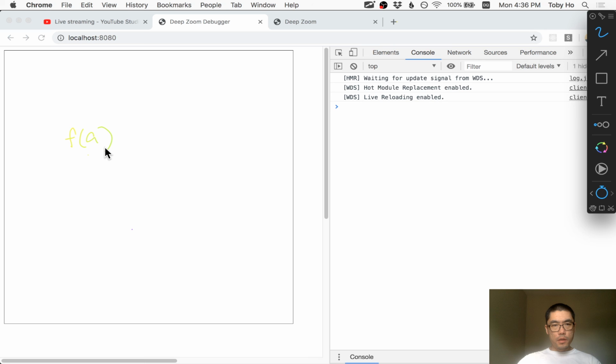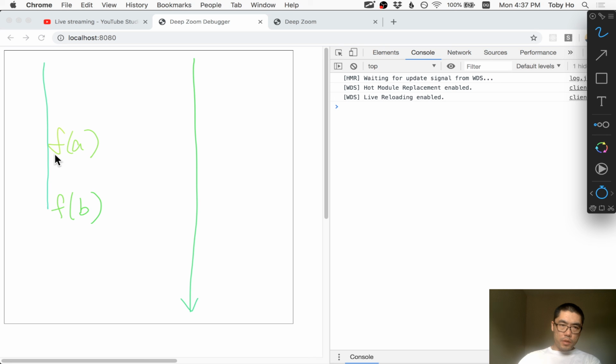Function A and function B, and you had a timeline. What if function A took a lot longer than function B, and you want that to be represented and sort of matched up against the timeline? Then function A would probably take up a whole lot more space than function B, so it might look like